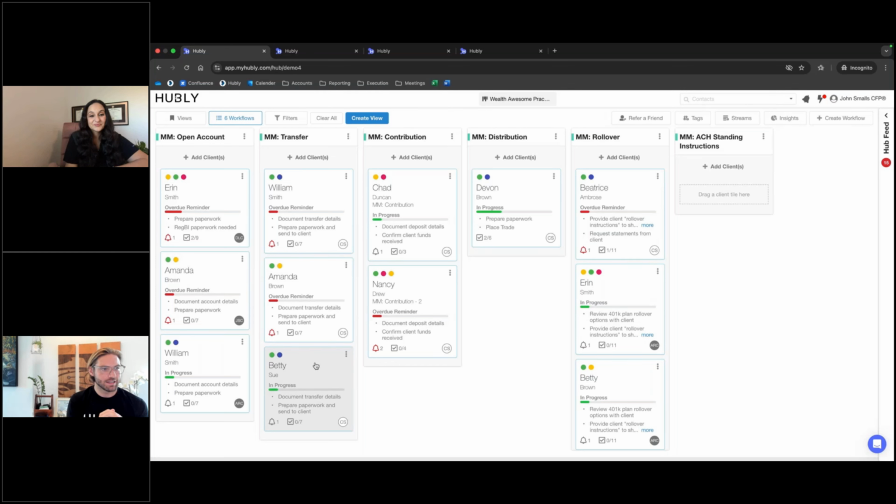So, yeah, that's the basic concept of the money movement dashboard and the importance of all your different workflows. I just demoed the open account. Transfers, contributions, distributions work all the same way. You might have a different data form with fewer fields, but you can have all of these workflows that trigger one another and really keep you on top of who's working on what, and more importantly, how this work is